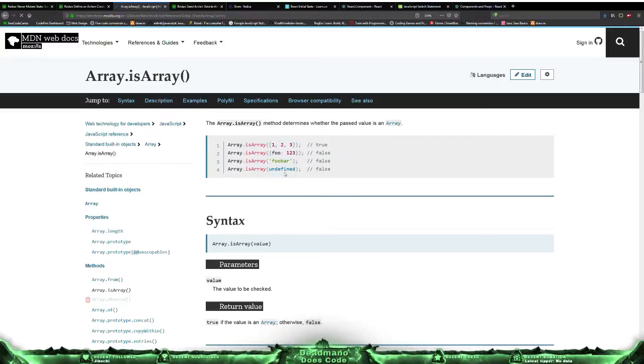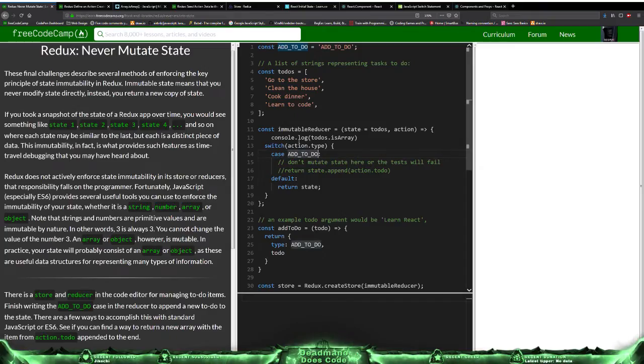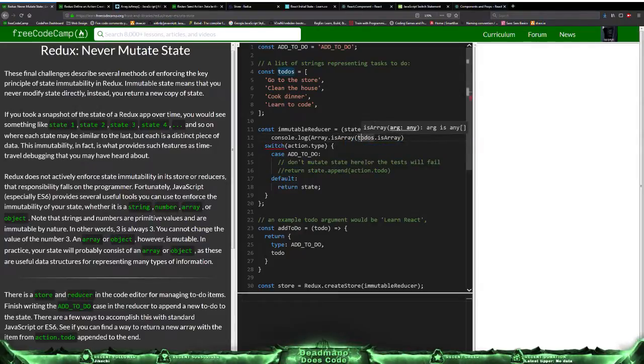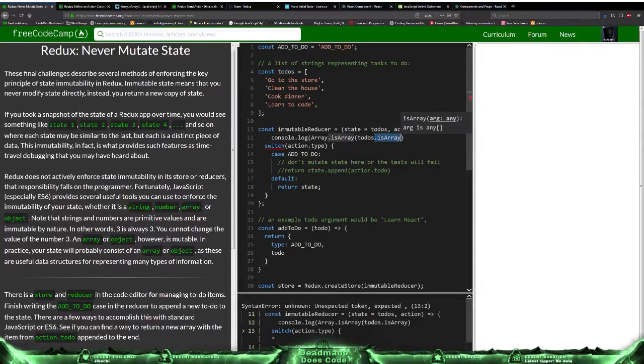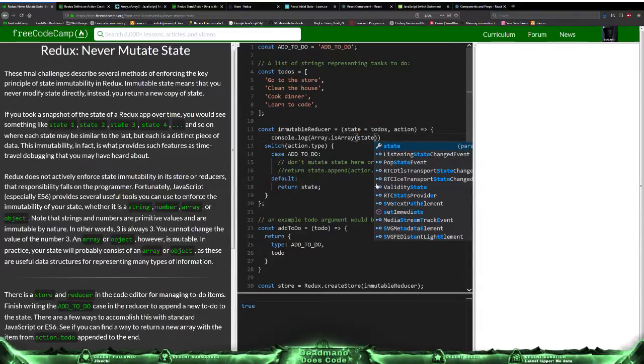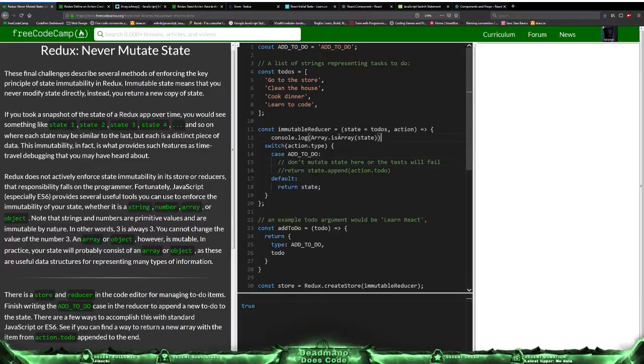Do I have to pass in the array? Okay, there we go. Array.isArray to-dos should return true. Yep, and then if I pass in state, okay, so it is an array. Now that we know it's an array,